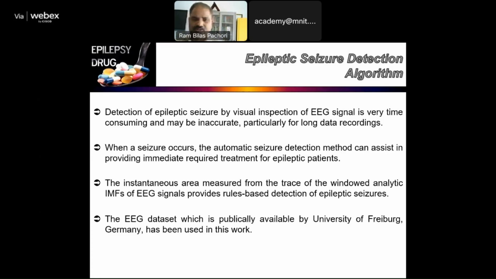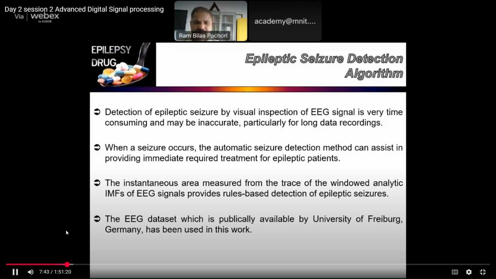Okay. So now this third part of this epilepsy diagnosis is the epileptic seizure detection algorithm. That is actually very important for real-time detection of epilepsy. Detection of epileptic seizure based on visual inspection of EEG signal is very time-consuming and may be inaccurate, particularly for long data recordings. And when a seizure occurs, the automatic seizure detection method can help in providing immediate required